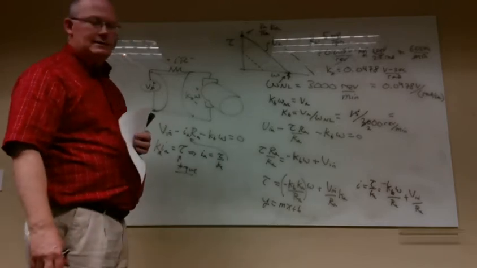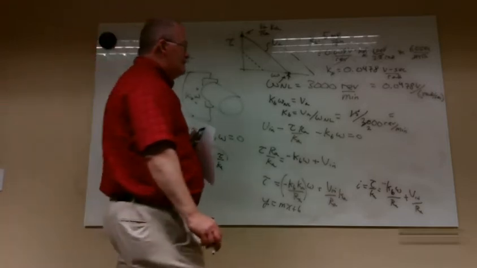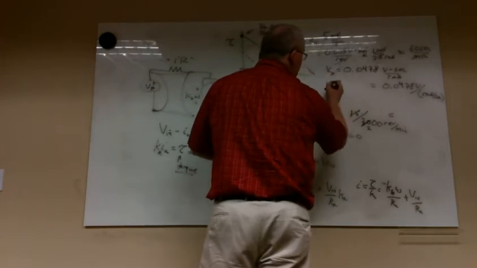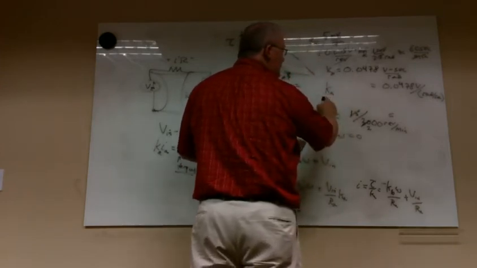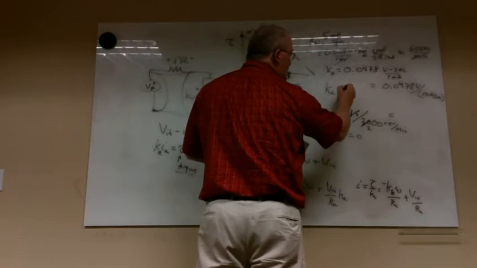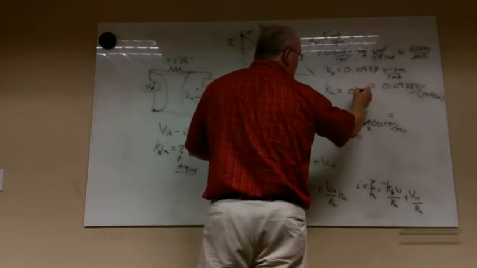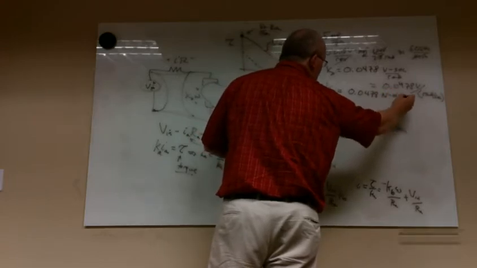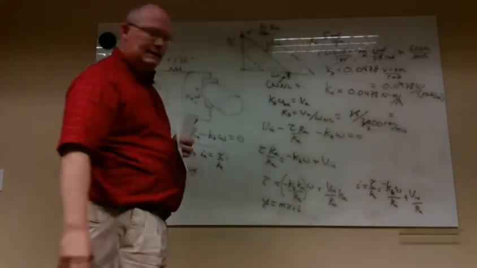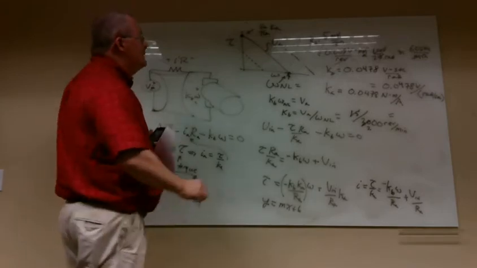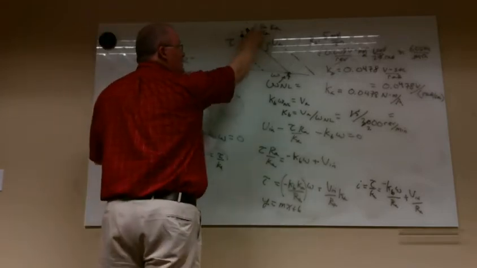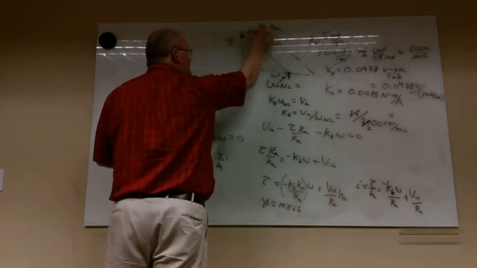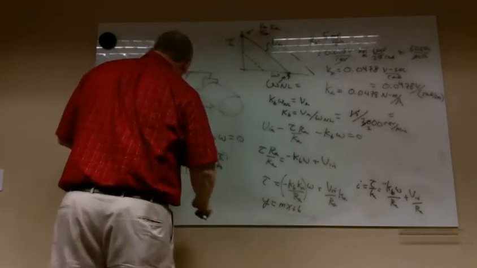Now the reason that I put it in that form is that I know for a given motor, if I'm using the metric system, the value of K sub A, while the units are different, will be the same as K sub B. So it's 0.0478 newton meters per amp. That's a key element of what I need, because up here at stall torque, if I know the applied voltage, and I know the stall torque, and I know the torque constant, then I can figure out what the resistance is. So, to that end,